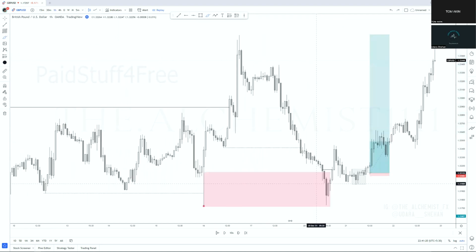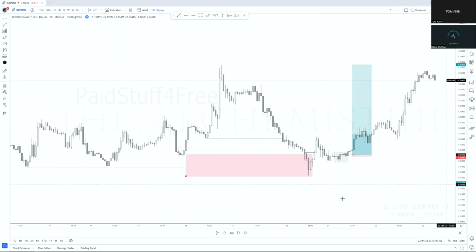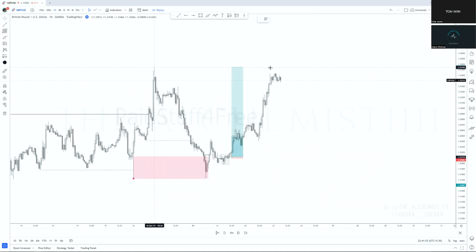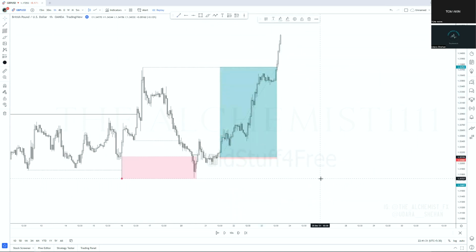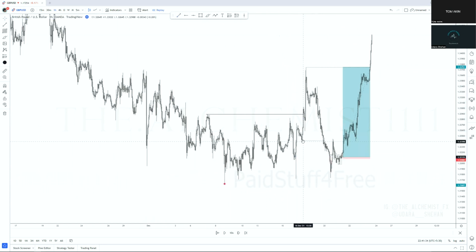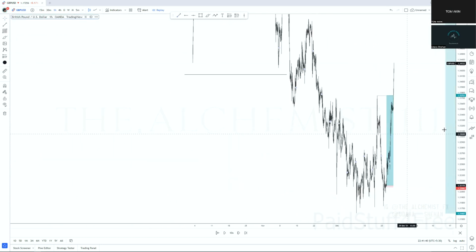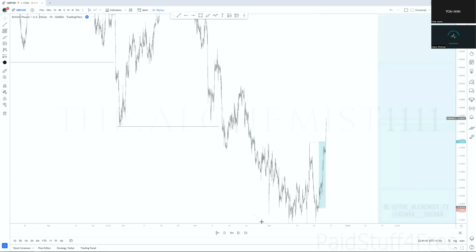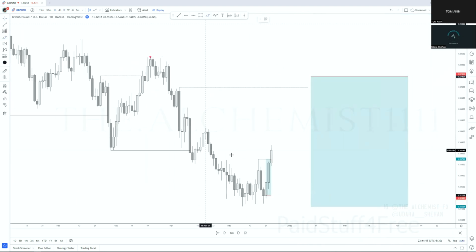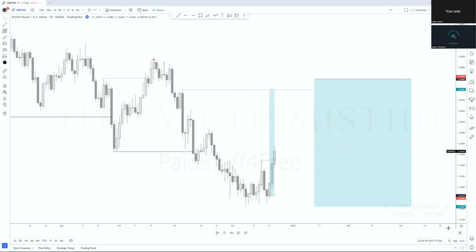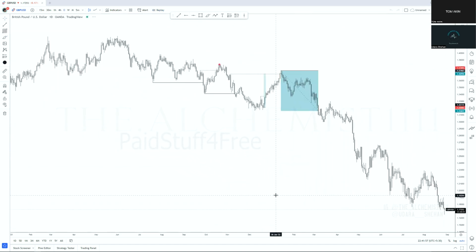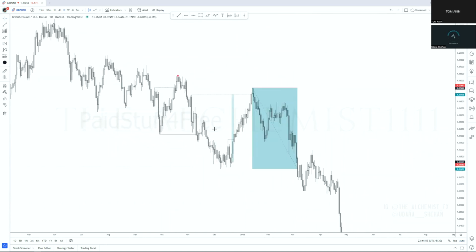Keep on going, and then you target the external range liquidity that is all the way up here. Patiently wait, patiently wait. That is where you're going to pay yourself. And there it goes. Okay, you can even close out everything. There's no problem with that. Or else you can leave runners into these daily highs. Maybe first you can hold it into this, maybe into this, and then into this. So you can buy it, and then after the buy is done, you can sell it. Can you understand that? Okay, so buy, sell, you can do all of that, but you have to know